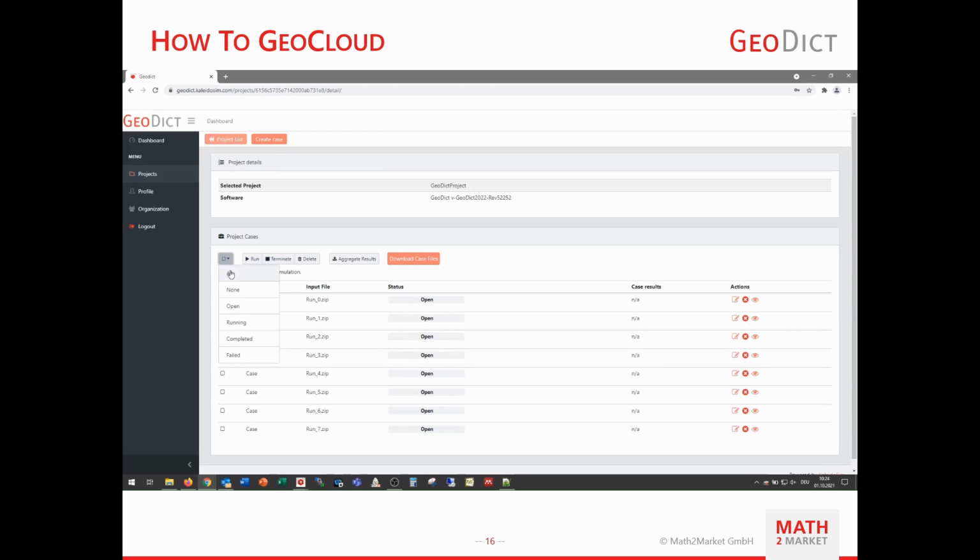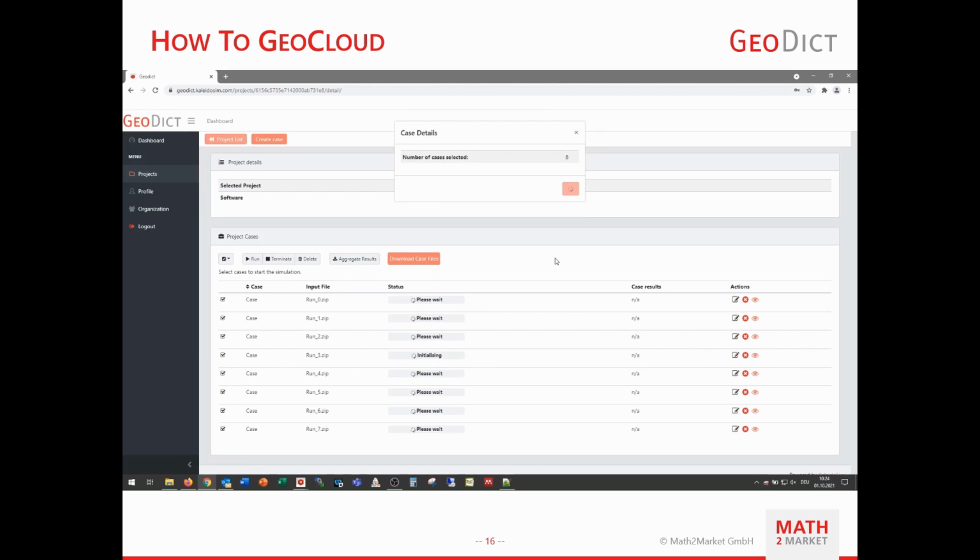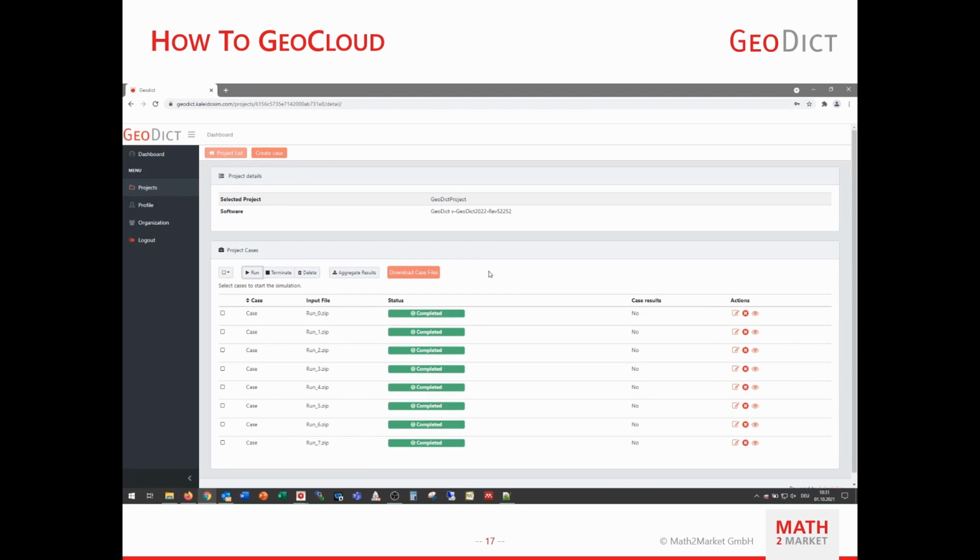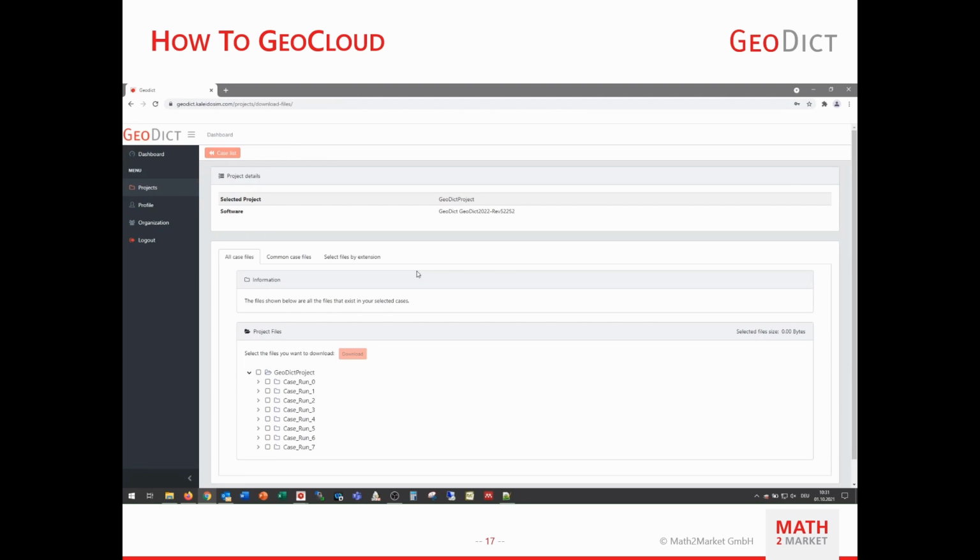Here we can select all 8 runs and start the simulation in parallel on 8 parallel machines. After the simulations are completed, we can simply download all results or selected results for all 8 simulation cases.